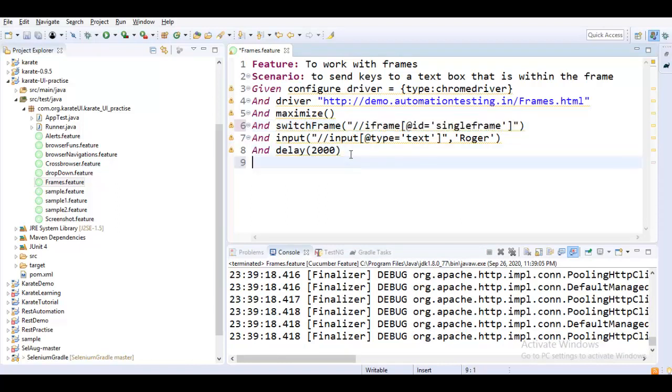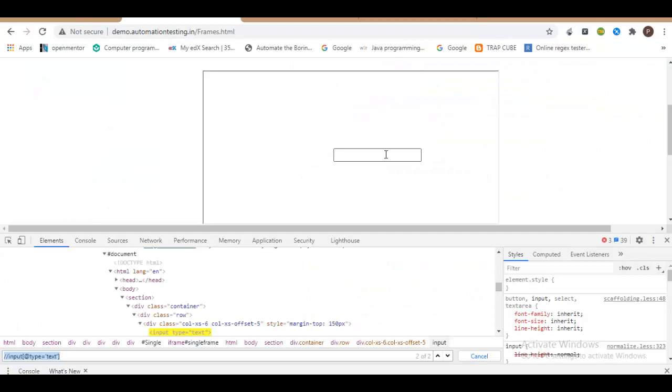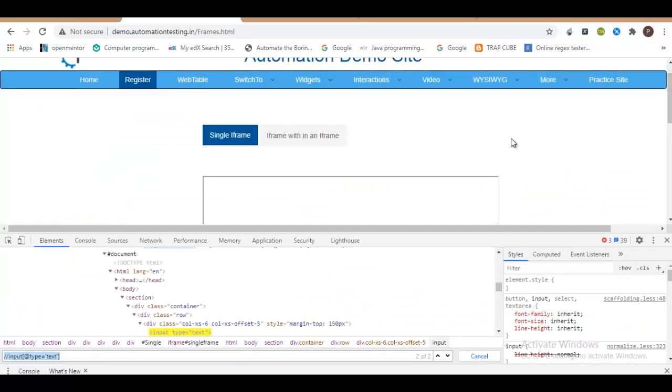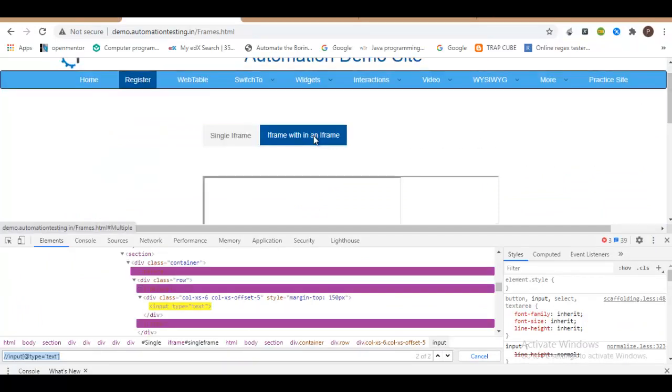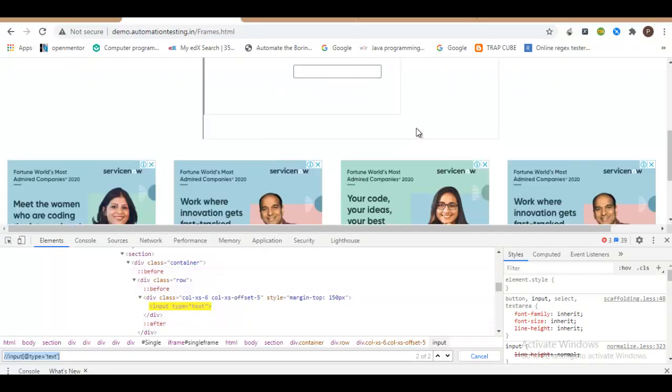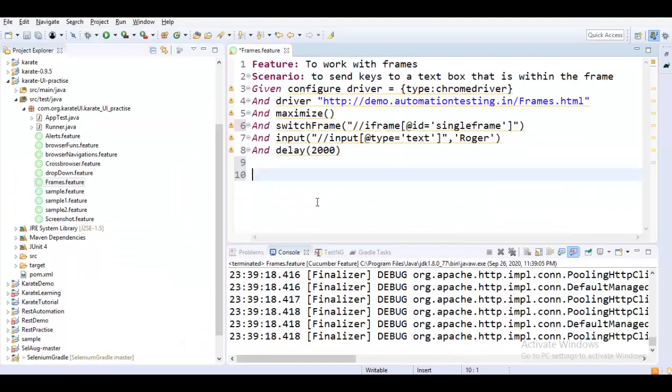Now my next operation would be to come back to the default content, click on this particular thing, and then navigate to these frames. In order to click on that, I need to ensure that my focus is coming back to the regular web page so that I can actually click on the other button.